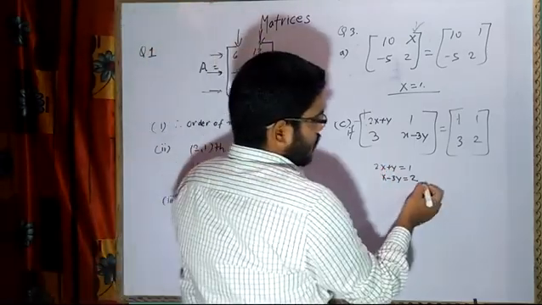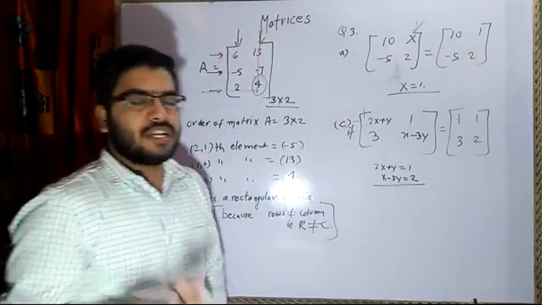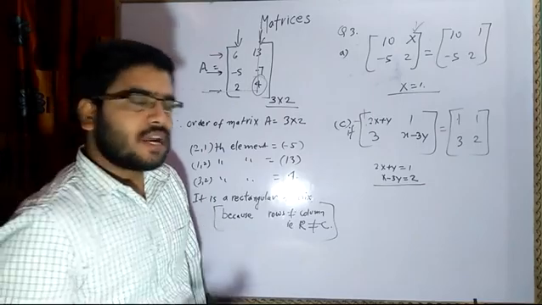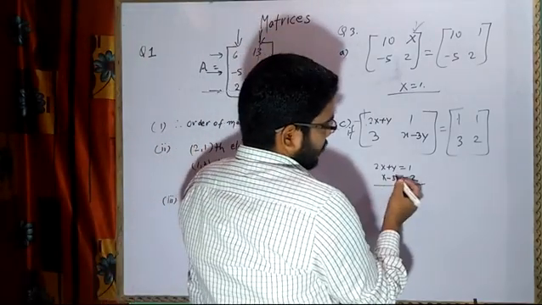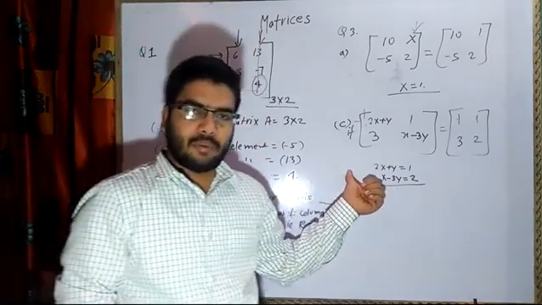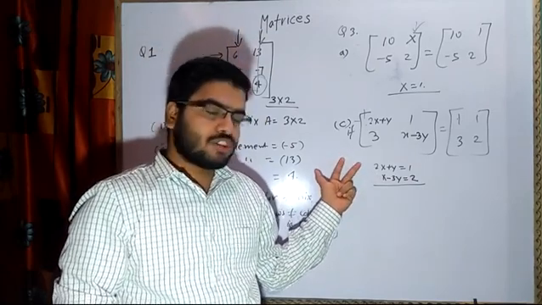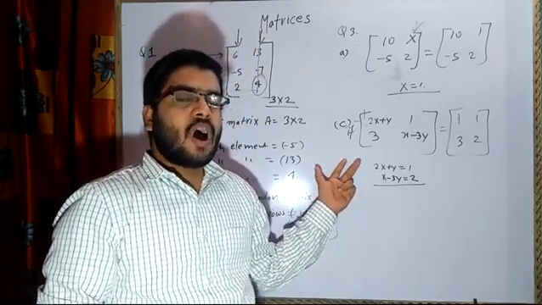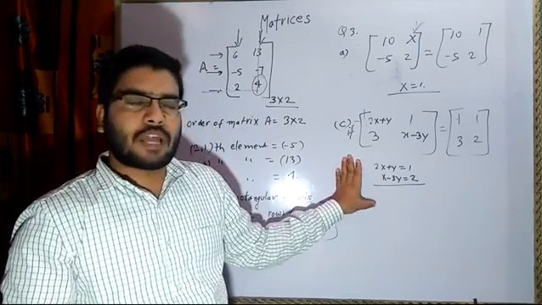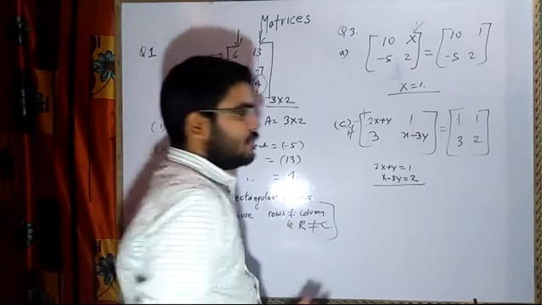Now, how are we going to solve? I hope all of you know how to solve simultaneous equations. We have already studied them in lower classes, in 8th and 9th. To find the value of x and y, how many methods do we have? Either we can go by the elimination method, or the substitution method, or the cross multiplication method, or reducible form. Reducible form is not applicable here, but the most convenient method is the elimination method.